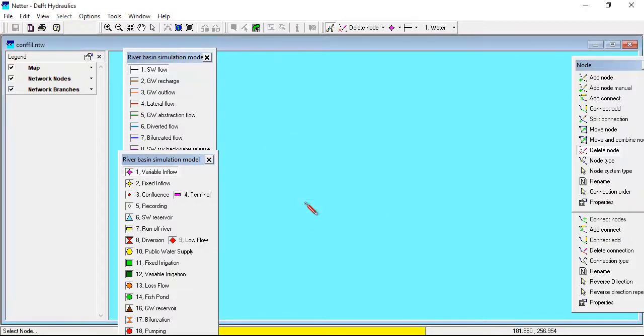First, we must add our inflow nodes for our main river channel and our tributary. To do so, we select the Add Node button. Make sure that the variable inflow node type is selected, and click on 2 locations on the screen once. We must also specify the confluence of our main river channel and tributary. This will be done by adding a confluence node by clicking once on the map. Furthermore, we must specify the end of our model by selecting the terminal node and again clicking once on the